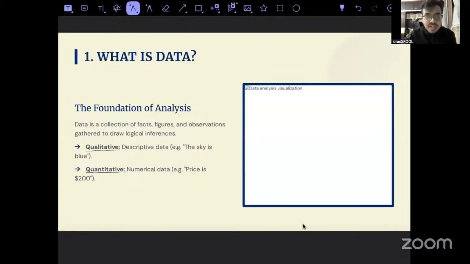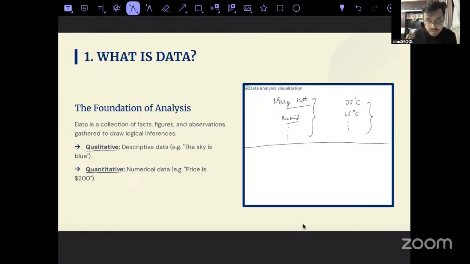Qualitative data can be explained as descriptive data. Like I asked you the question, how hot is it right now. So you could say it is very hot. You could say it's very humid, and so on. The other way of giving the answer was 35 degrees Celsius or 15 degrees Celsius, in the form of numbers, in the form of numericals. This type of data is known as qualitative data, and this type of data is known as quantitative data. So what basic understanding you got from this slide or my explanation, I'll just mention it here.